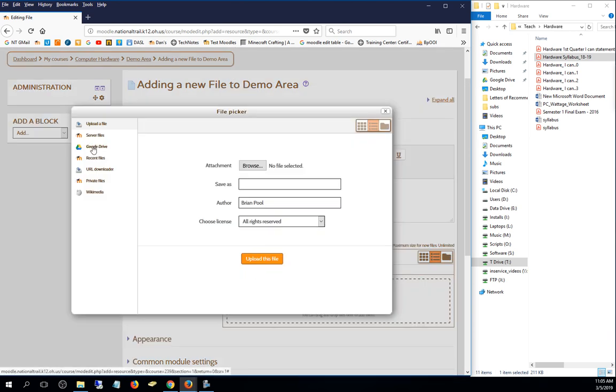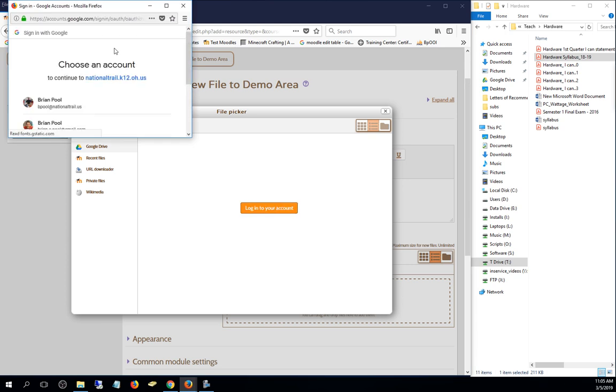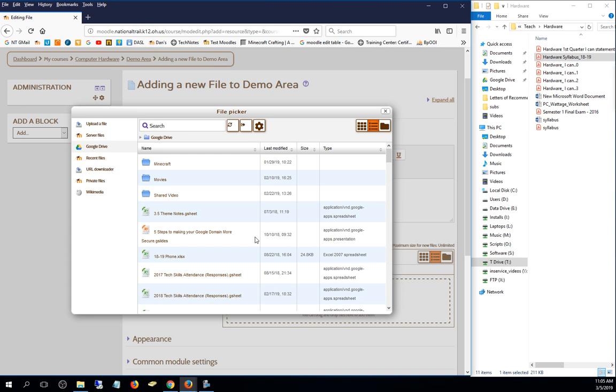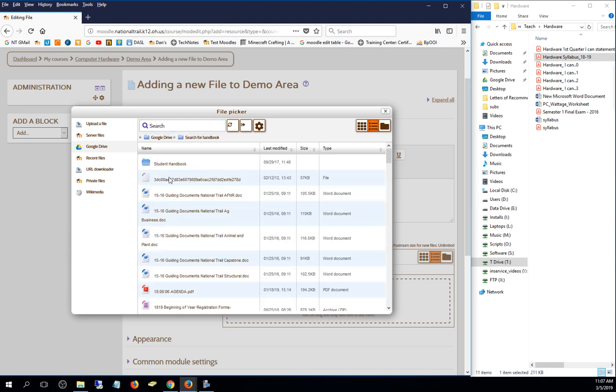Now I can add a file from my Google Drive if I want to. It's going to ask me to log into my Google account. And now my whole Google Drive is available to me as well. So if I want to add something from my Google Drive, I can just go up to here to search, and I can type in something that has to do with my Google Drive and say, oh, I want to